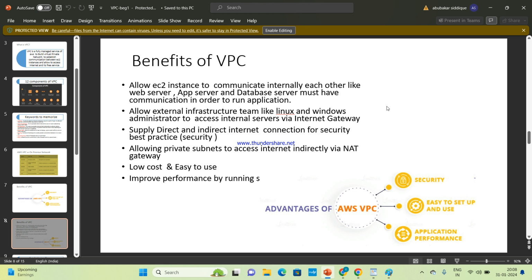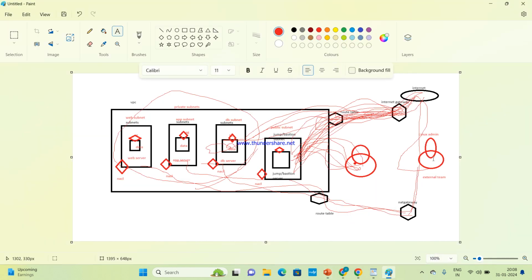If an external team wants to access this server, they will access it through the internet gateway, right?